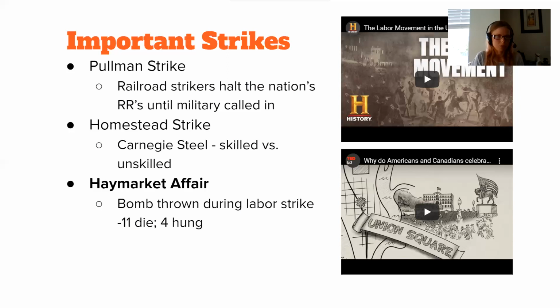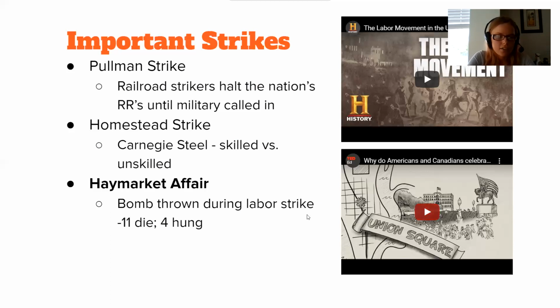Their purpose, the purpose of a labor union, was to get an 8-hour workday. That's what the Knights of Labor were protesting. Their purpose was to make sure that workers were getting paid fairly for their time and that they weren't working in a situation that was likely to get them killed. But because of the Haymarket affair and these other incidences, they were branded as too violent, too radical, and that's eventually why the Knights of Labor fell apart. The AFL kind of stayed out of that.